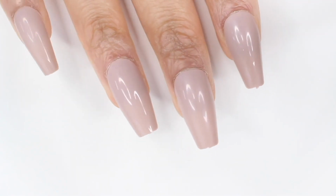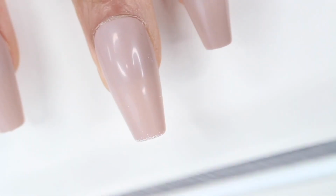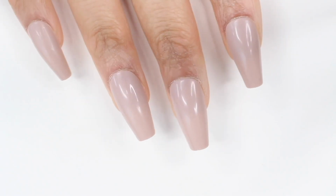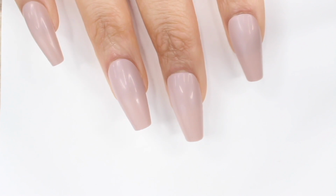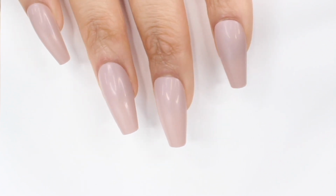Once I glued the nails on, I did have that little plastic piece on the tip of my nail, so I just used a nail file to remove that. And this is how the nails turned out. They were super quick and easy to do. I think it took me maybe 10 or 15 minutes, and I was so happy with how they looked,